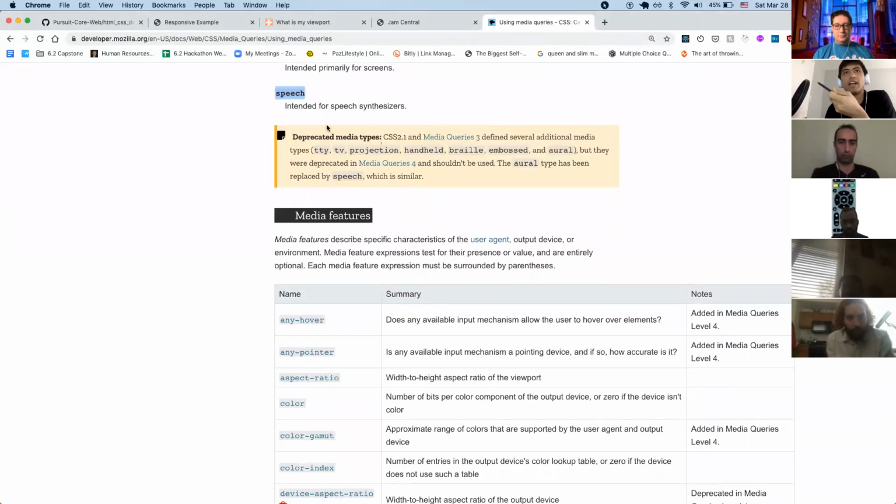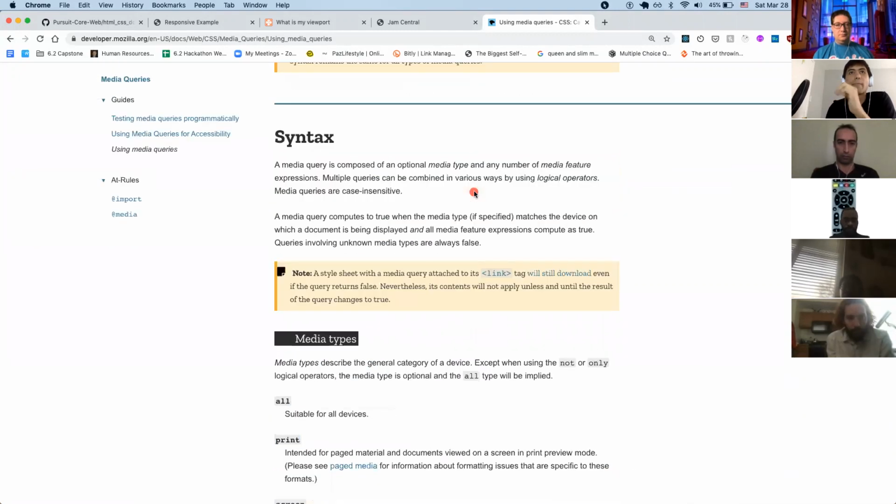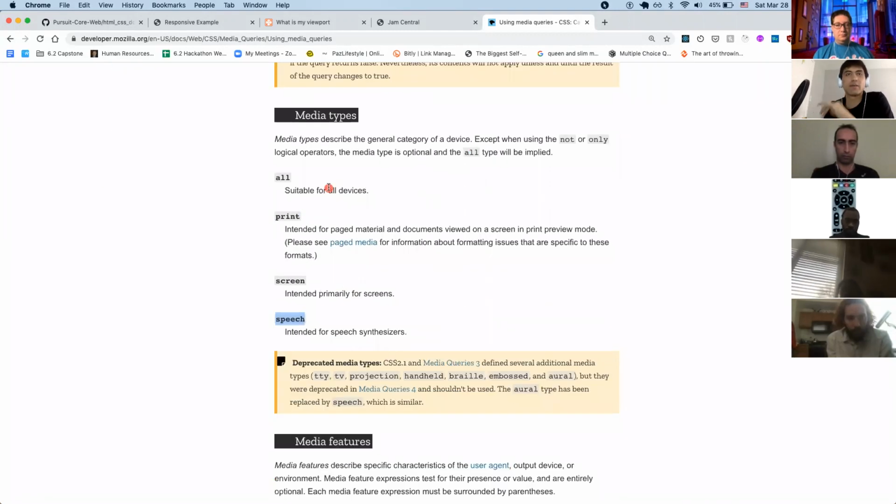There were some others that are no longer with us. TV, projection, handheld, these were deprecated and they're going away. But going back, media query is about checking what medium our website is being accessed through, right? That can be, this is sort of like the default, right? If you don't add any media query for print, screen, or speech, it's just going to be shown as it is. Screen for when it's only on a screen, print when it's going to be printed, speech when your website is being accessed through a screen reader,